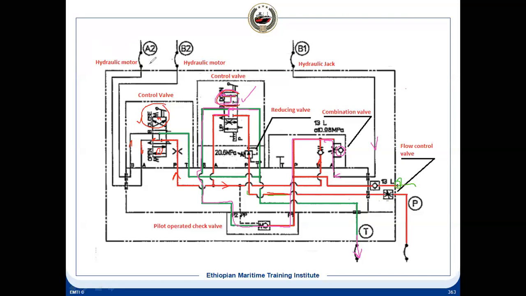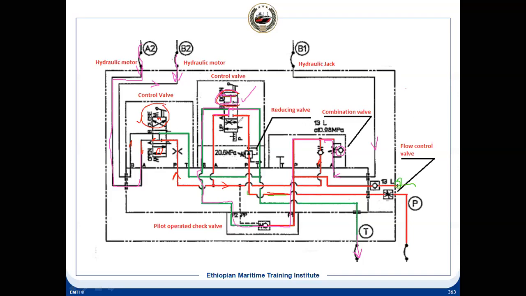And this side, I have not shown it. This is the reverse. This is a simple direction control valve, it will reverse the direction. When it is opening, this is the pressure line, and this is the return line. It changes the direction, so this becomes the pressure line, and this becomes the return line. It operates its closing and opening by the hydraulic motor and with the chain. That we'll see in the ship construction. You have a hatch cover, that is the construction part. But this is the hydraulic system, it works like this.